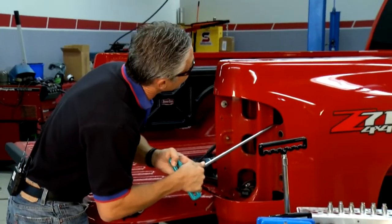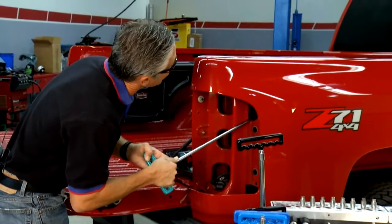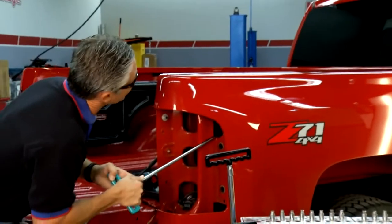So what we have to do is go in and locate the tip of the tool. Once we've located the tip of the tool, generally start on the outer edge of the dent because it's easier to see it. And then we slowly start to work our way into the depth of the dent. Now that whole panel's moving, I can see it, but you can see with that light just exactly what you're doing. I can see exactly where I'm at with the tip of the tool, which is the critical point that allows us to be able to lift this dent up